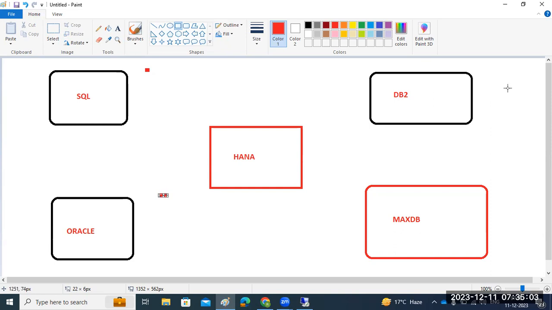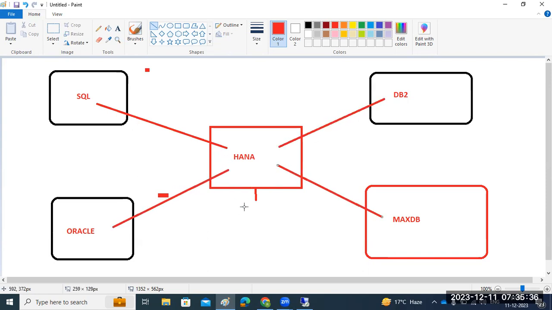So for this type of customers who don't have much budget, and for small customers also, SAP attracted them by implementing a feature called provisioning. It means no problem: if you install one HANA database, you can grab the data from the other databases into the HANA database. You can create the provisioning so that you log into the HANA database with one user ID, and all four databases' data